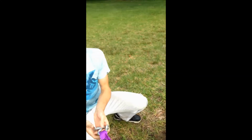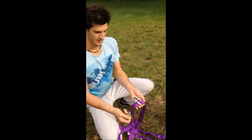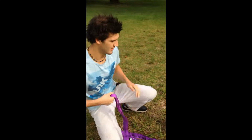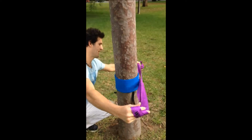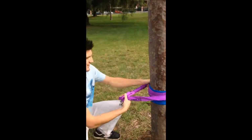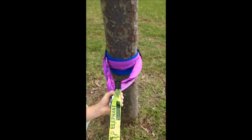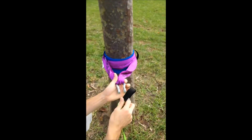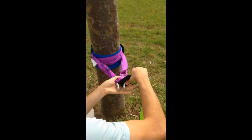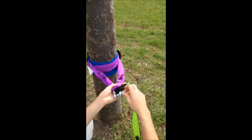Our next step, we've got our span set and our shackle. We're going to take the pin out of the shackle and wrap that span set around the tree. The end of our Elephant Freak Slackline, we pop that into the shackle. We screw up our pin,